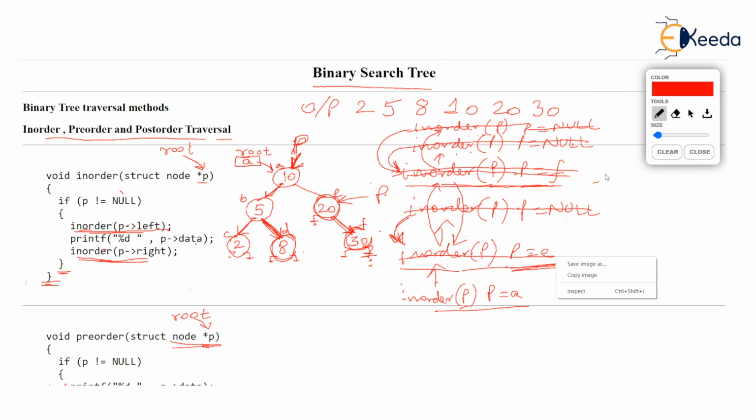So now let's destroy the local parameter p, the garbage collection. I'm so sorry for this. And now, as in order is over, we are back to the calling function. The calling function over here is obviously in order for p at a. Look, we are back to 10 now. We are back to this function. And this function will obviously resume from the last line, end of if and end of the function, because we have come back to 10 from the right child.